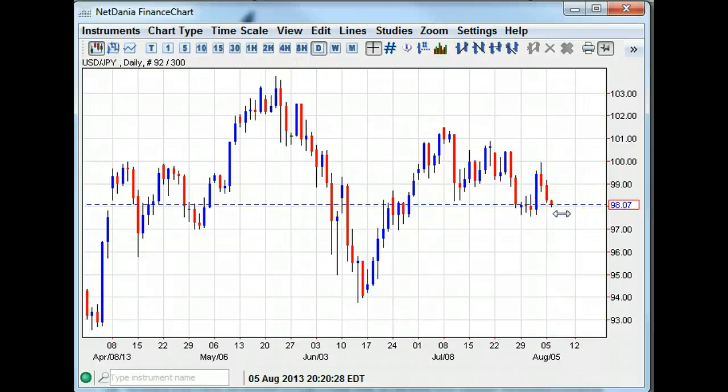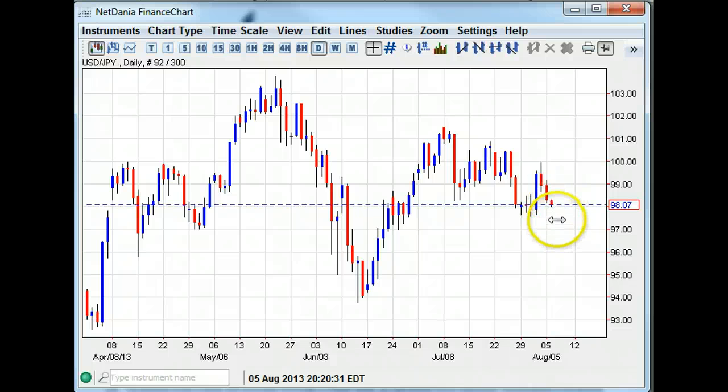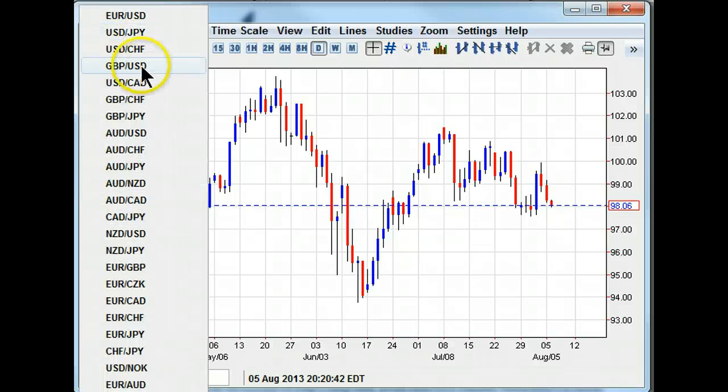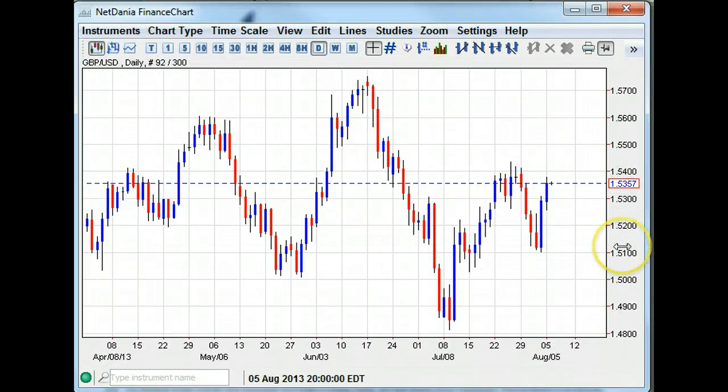If we start giving way here at 98, 97.50, the next level for the yen in terms of support is really all the way out to 96. And I would suggest a much steeper dollar unwind on dollar yen than most people anticipate. So that's an interesting trade here, both to the downside in dollar yen and potentially to the upside in euro dollar. The euro dollar is still a range bound trade,